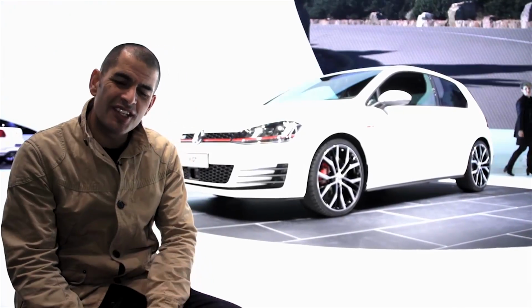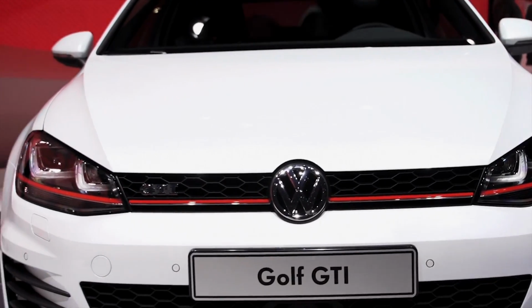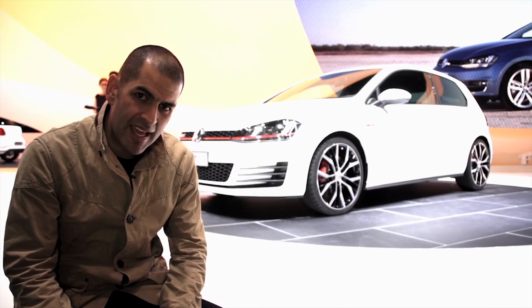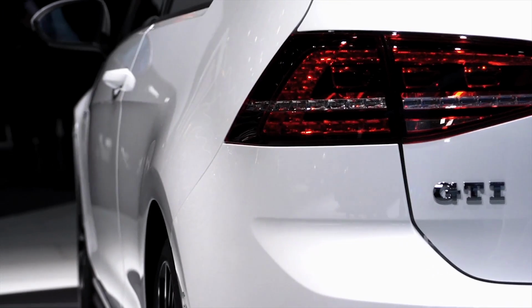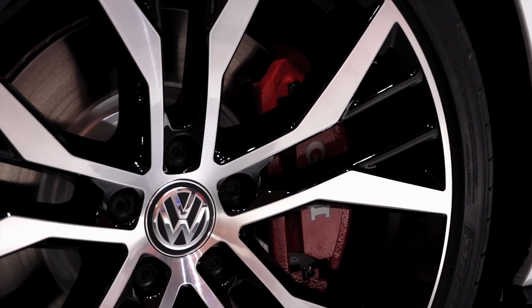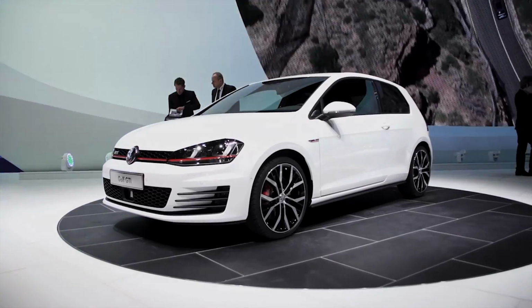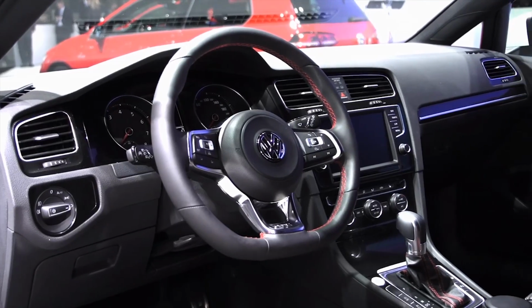Somehow the new Golf GTI looks very familiar, doesn't it? Because the Golf theory is evolution rather than revolution. The GTI now has 220 PS as a non-performance car. I say that because there's a special version with another 10 horsepower that's called the Performance, the GTI Performance. So that must make that the non-performance, I suppose. I think the Golf GTI has always been the best all-round performance car, but it's coming under real pressure at